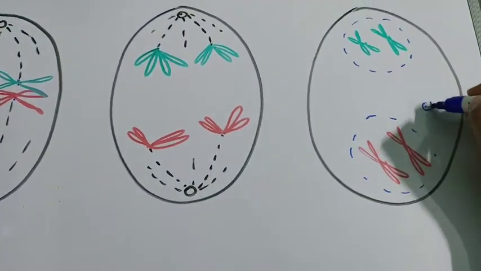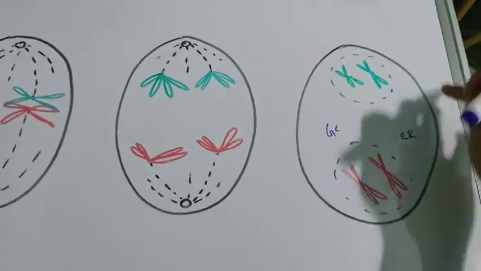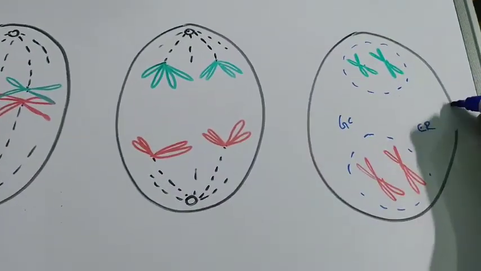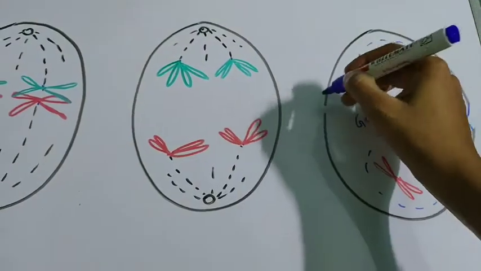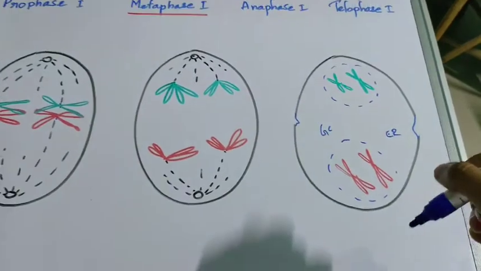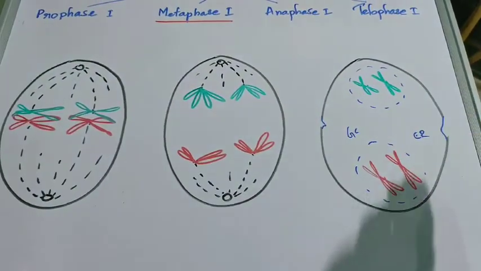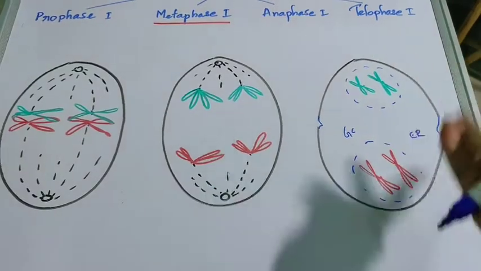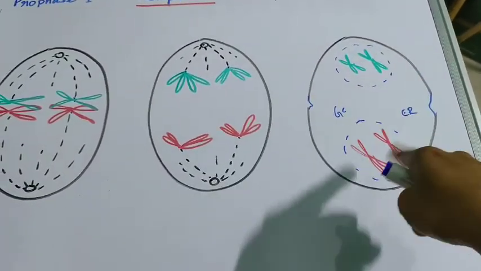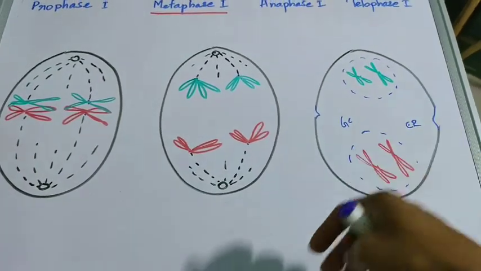The endoplasmic reticulum, the Golgi complex, everything start reappearing and there is beginning of cytokinesis. Okay, there is beginning of cytokinesis. So these will separate into two cells by the end of cytokinesis. After telophase 1, there is cytokinesis and we have 2 daughter cells having half the number of chromosomes when compared